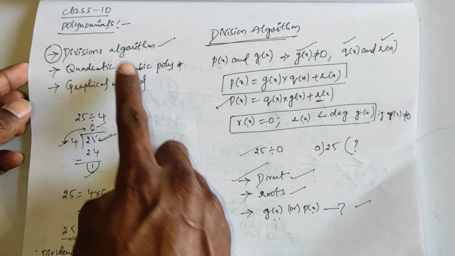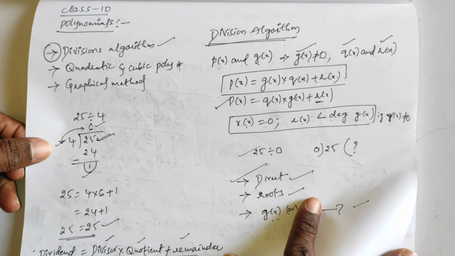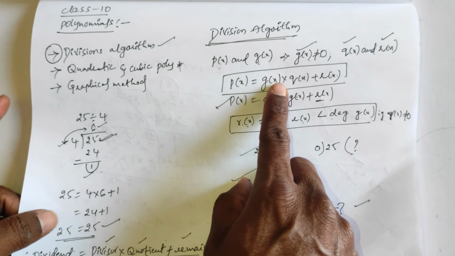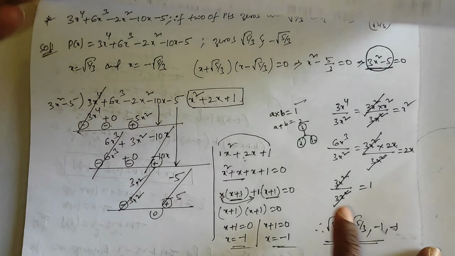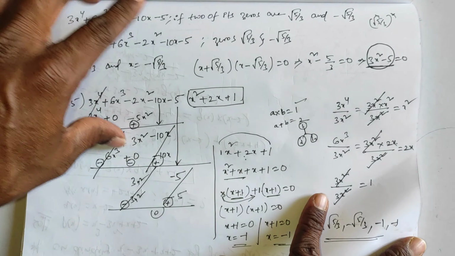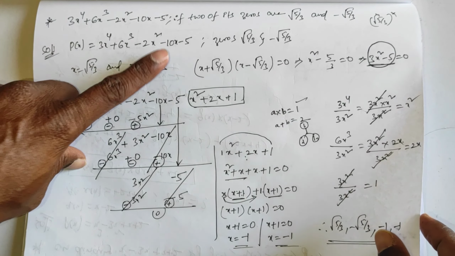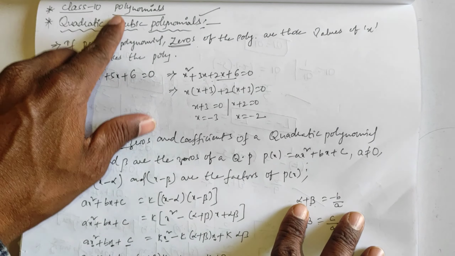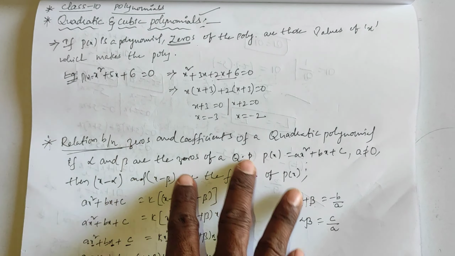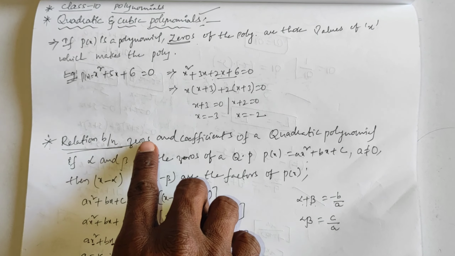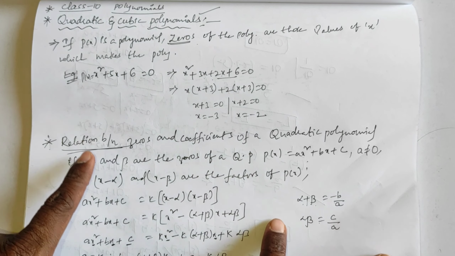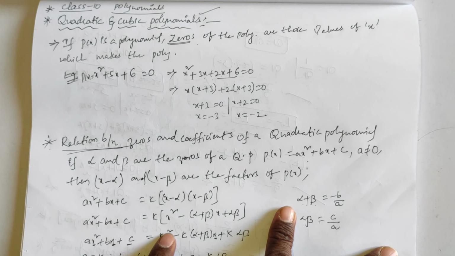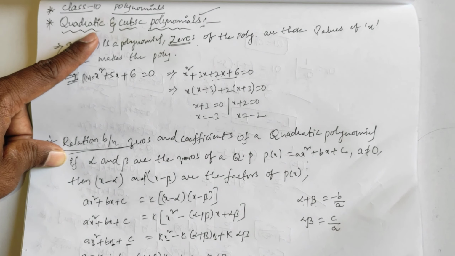In division we have already done it, right? So the relation is what? P of x is equal to g of x into q of x plus r of x, right? We did various methods, the direct one and when zeros are given in root form. We also saw the quadratic polynomial, how to find it and the relation between zeros and coefficients. So we have the quadratic polynomial k of x square minus alpha plus beta into x plus alpha beta. This is about a quadratic polynomial.